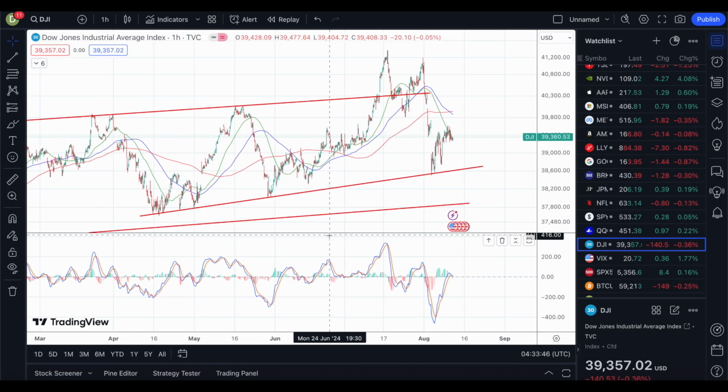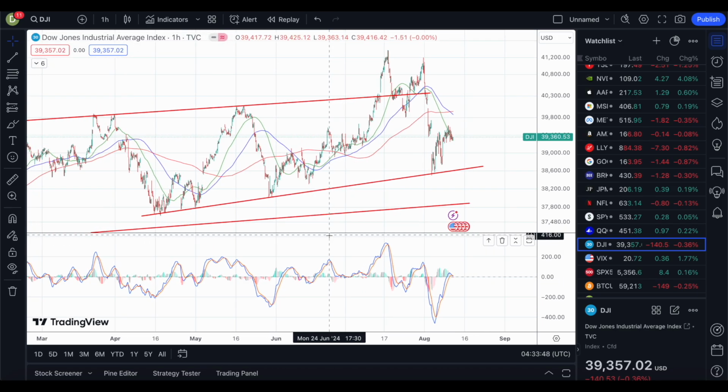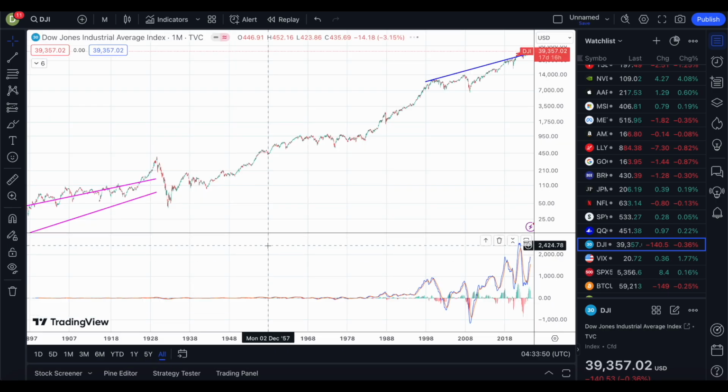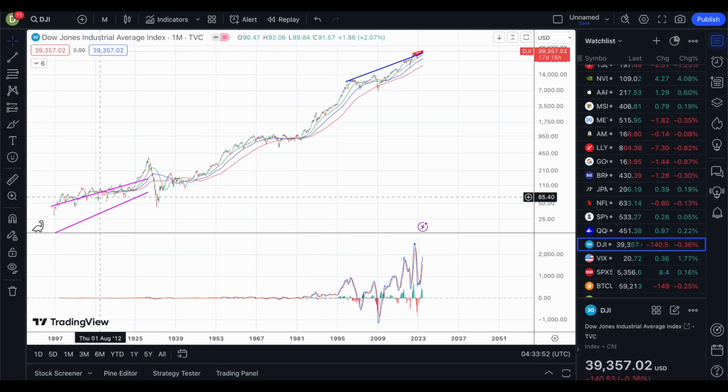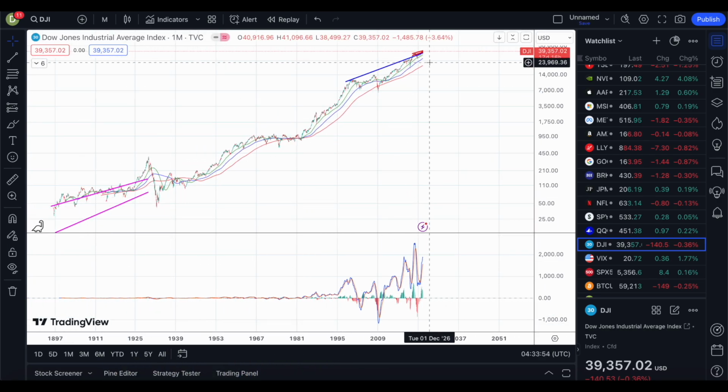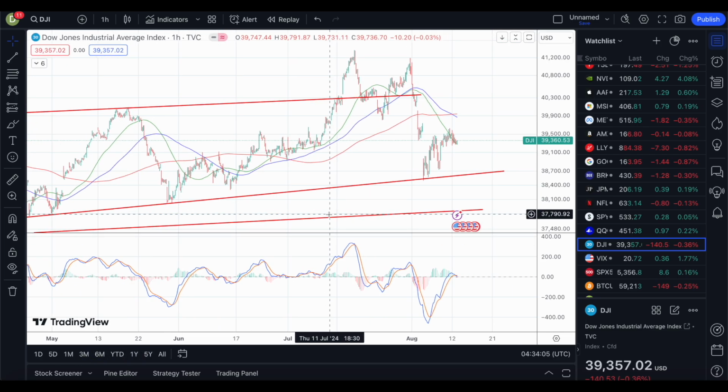Now, I will say the longer term, not necessarily the long term, because at the end of the day, all markets for the long term keep going up, right? This is the whole entire chart, and it is going to the upside regardless, right? But in terms of the next month or so, the markets seem like they're pointing more to the downside. But the direction for Dow Jones, Nasdaq, and S&P 500 for the time being are pretty much in sync. They are kind of showing a 50-50 coin toss in terms of up and down.